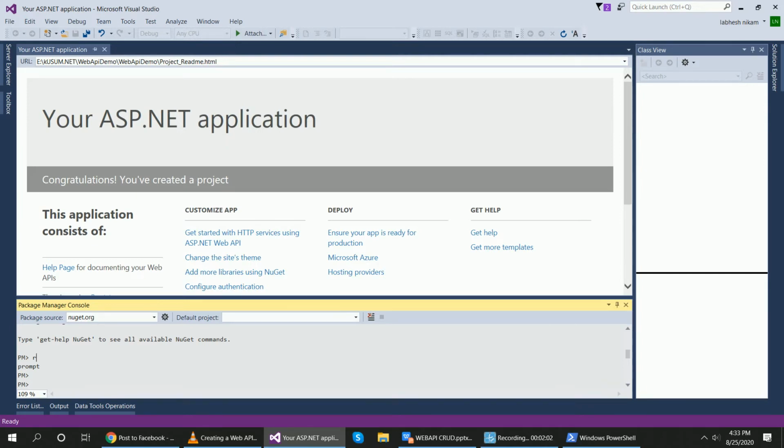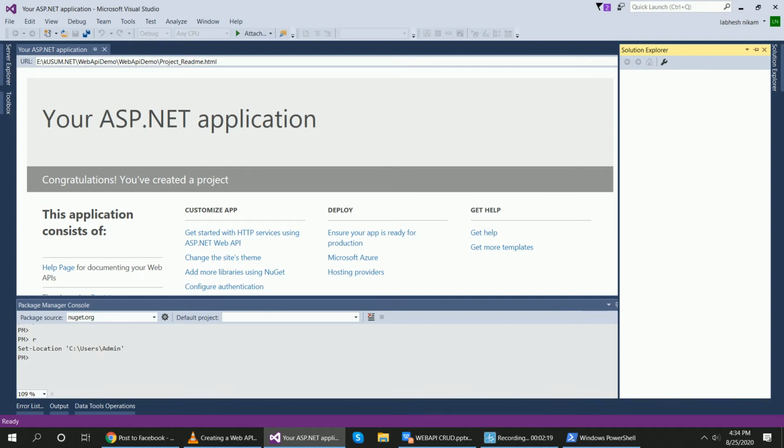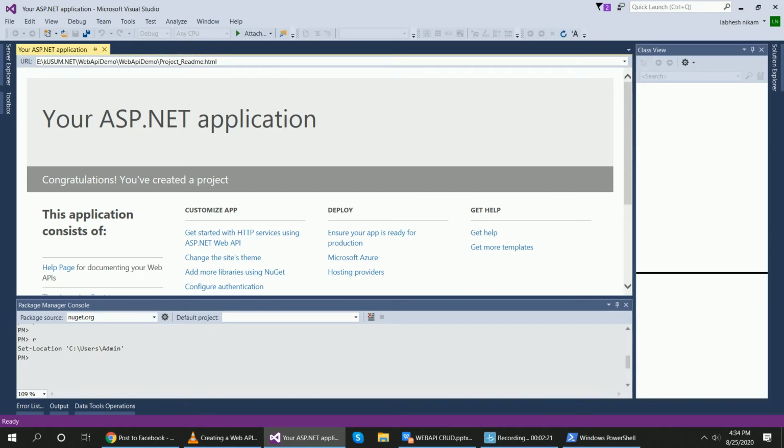You will get a bottom side prompt, Package Manager Console, and type R and hit enter. When you hit enter, it will solve your problem and your Solution Explorer will generate all the files or class files, right?